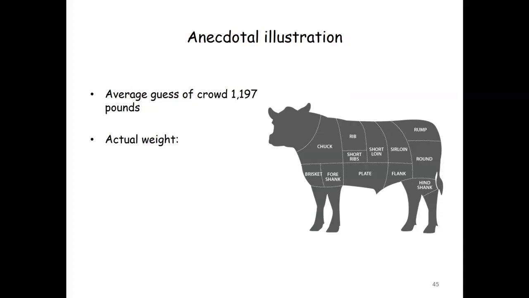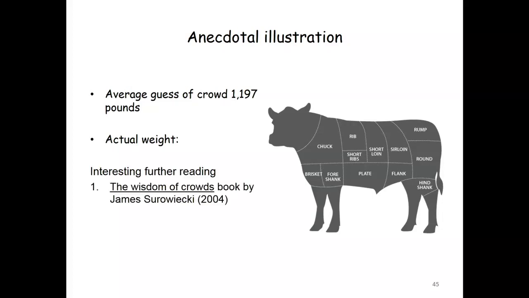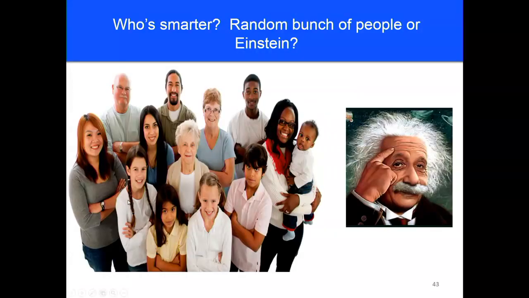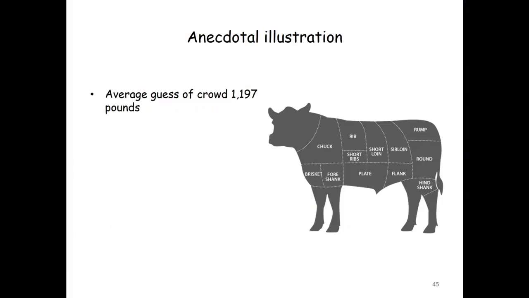You get the same effects. In some finance classes, the lecturer will come in with a jar of jelly beans, put it up there and say, can you guess the number of jelly beans? Then they'll do an average, and it comes out pretty close a lot of the time. How does it work? It works because although no individual has the right answer, some guess above, some guess below. On average, their guesses cancel out, and you get to the right answer.